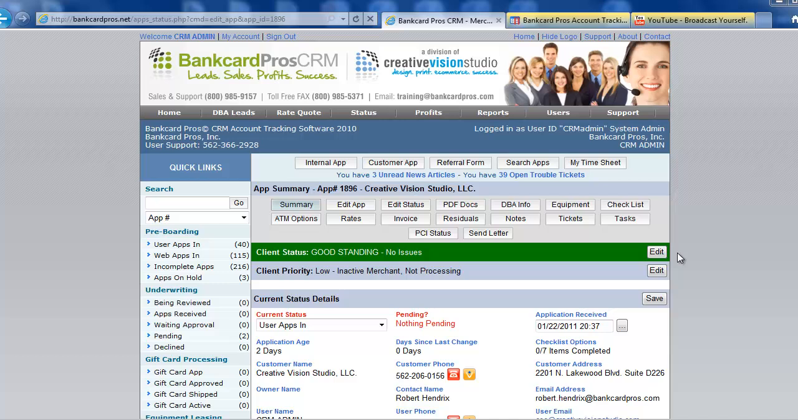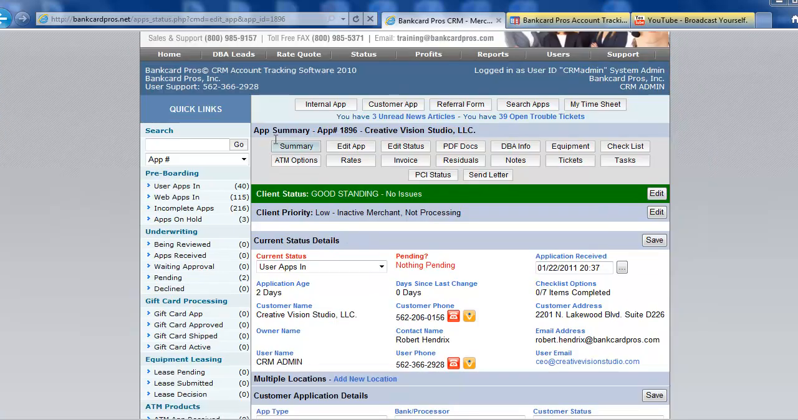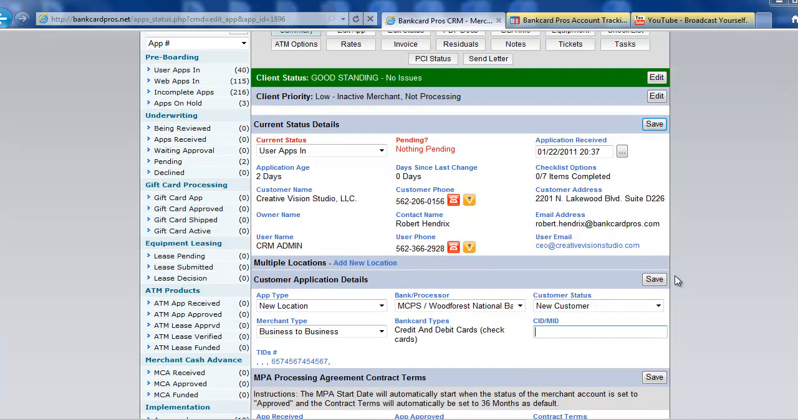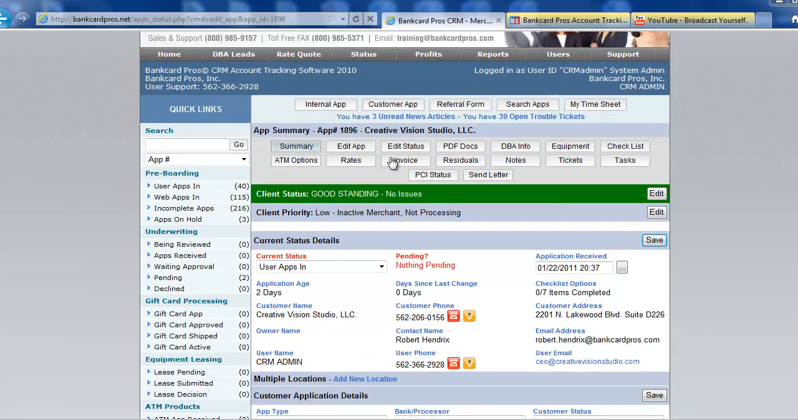When you click on that account, you're going to be able to see on the app summary page, which is the page that we're on, you're going to scroll down and you're going to see the merchant ID number field here and the terminal ID field here. Now the way to find the merchant ID or add the merchant ID, you can see that there's nothing here. You would just click on the edit status button,